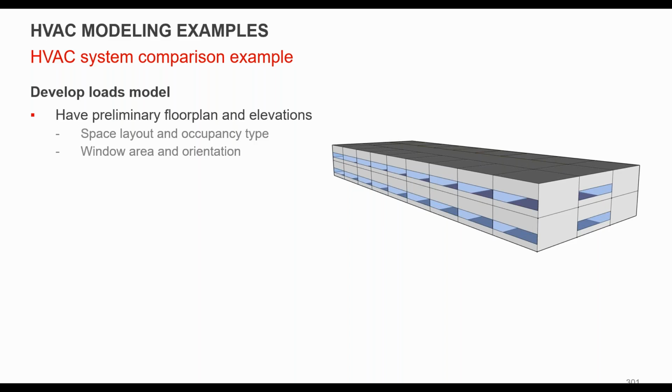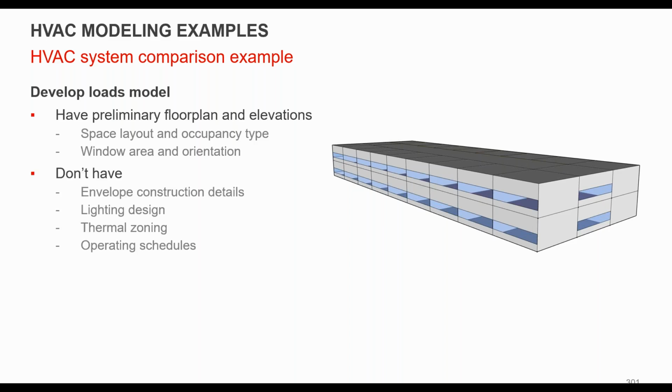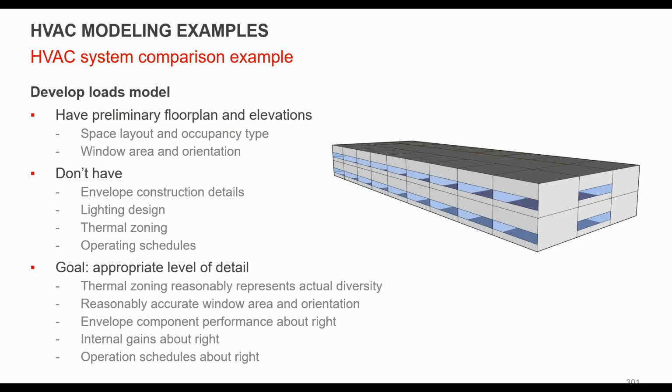exercise. So again, still subjective analysis here, but what you're trying to do is compare A, B, and C, right, 3 different HVAC options. So things that you're not going to have likely, you won't know the performance of the envelope. You probably don't have lighting. You don't have schedules, but you can fill in the data for a lot of these things based on the sources of data that we've talked about already.